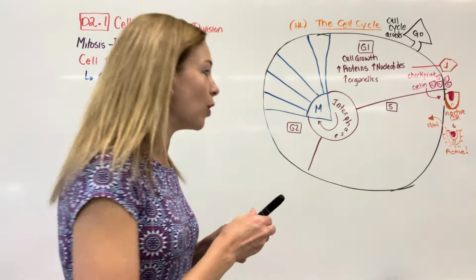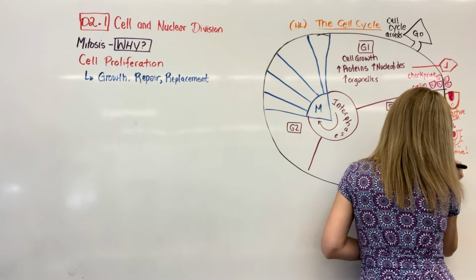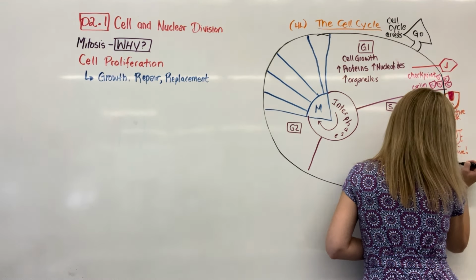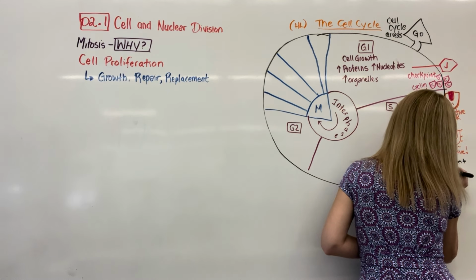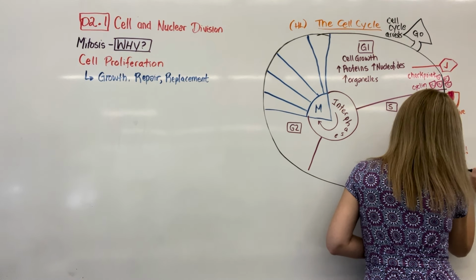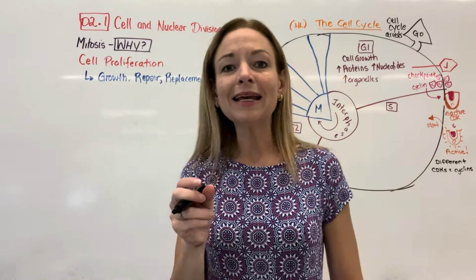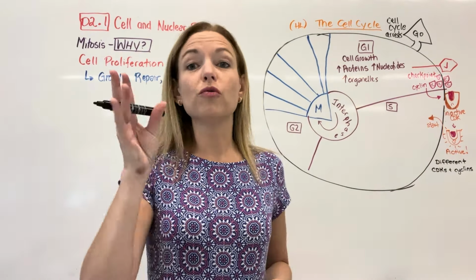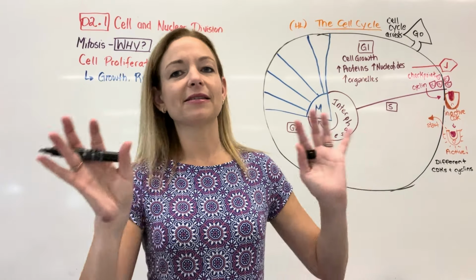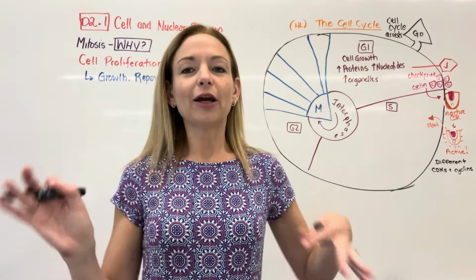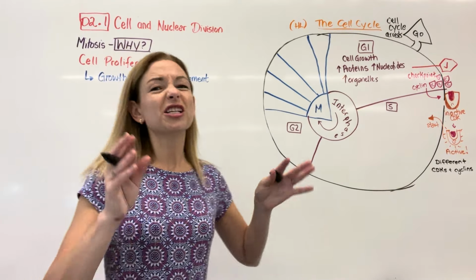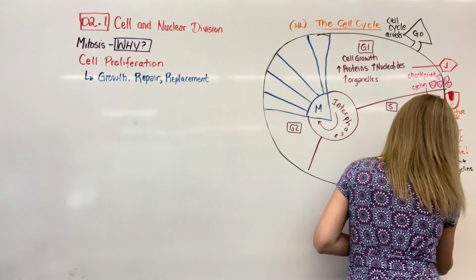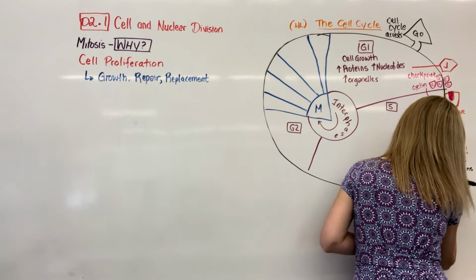So I've just shown one, but there's actually different CDKs, cyclin-dependent kinases, at each stage. So this would be like G1 cyclin, and it would be cyclin-dependent kinase A or 1 that is activated. You do not have to know the names of them. You're welcome to look it up. There's essentially 4 main cyclins that interact with different CDKs. Some call them by numbers, some call them by letters, so it quickly gets confusing, so you don't need to know that. Just that there are different cyclins and CDKs regulating each stage of the cycle.